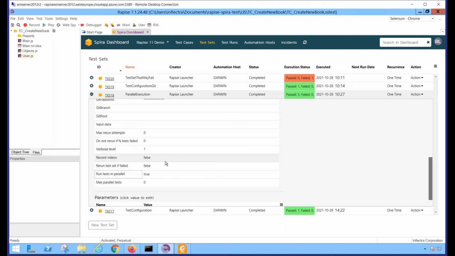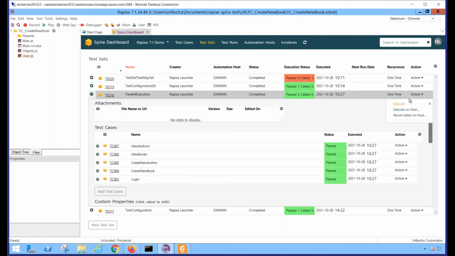If you want to limit the number of test cases that are running in parallel, then you may set this value, max parallel tests. It's the last one. By default, it is 0. It means that everything should run in parallel. If you want to limit the number, then you may set it here. So let's now execute this test set. We have 5 test cases, and they all should start